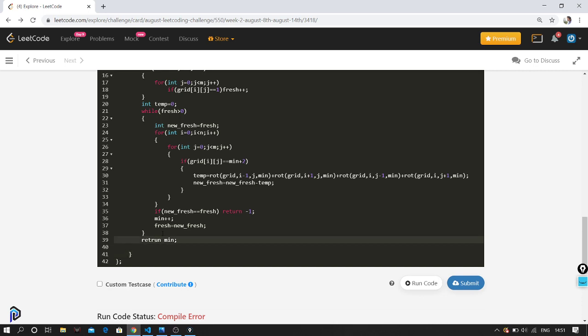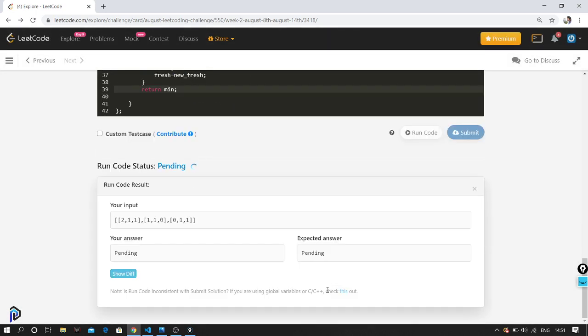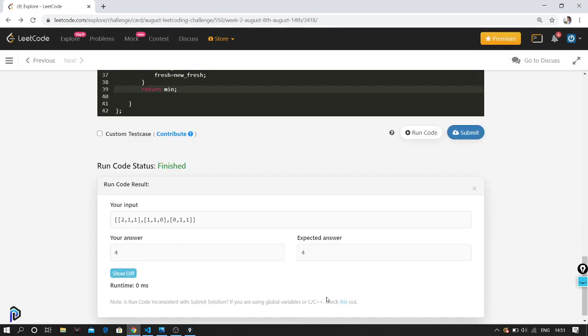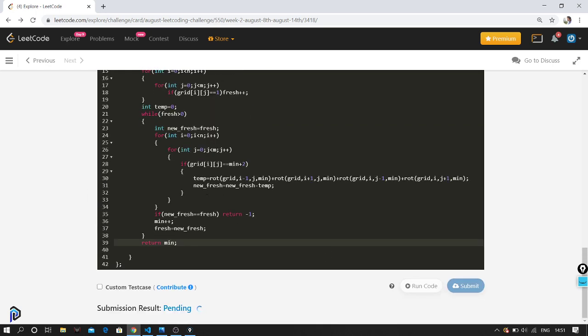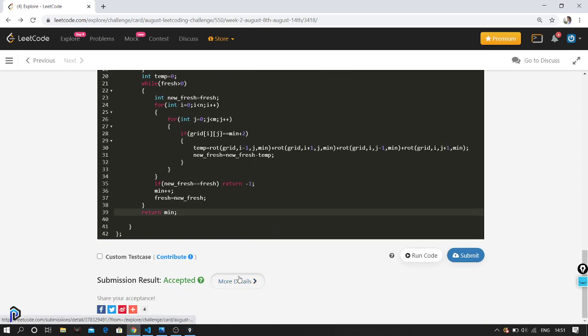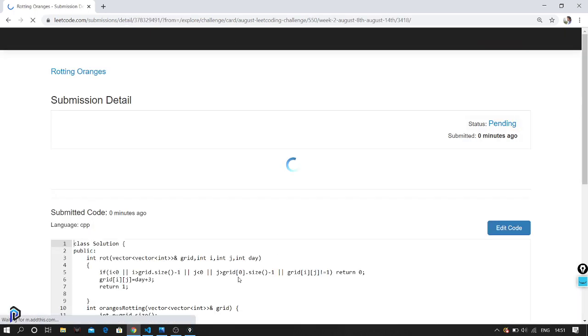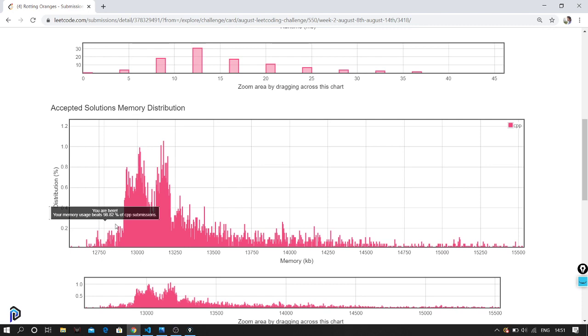Return. Too many typos this time. But we finally get the right answer. Let's submit it. Without having an editor, coding these things is quite difficult. Yeah, the solution got accepted. So it runs quite well. It beats 96% of the submissions and is also very memory efficient.